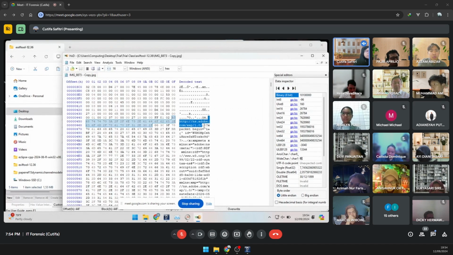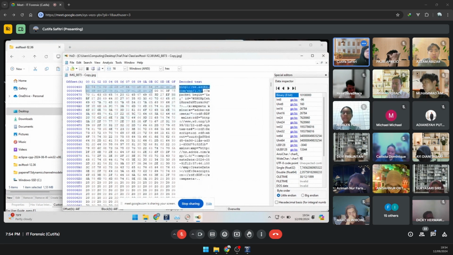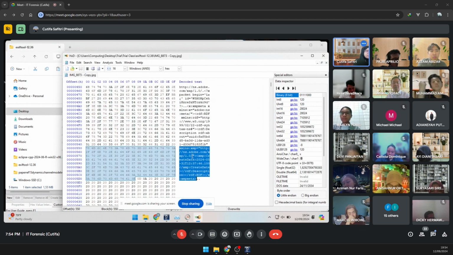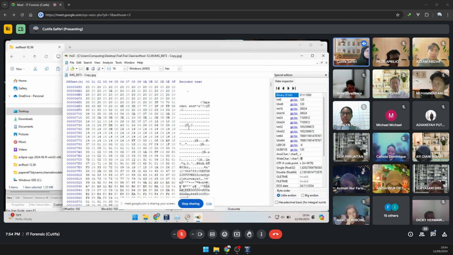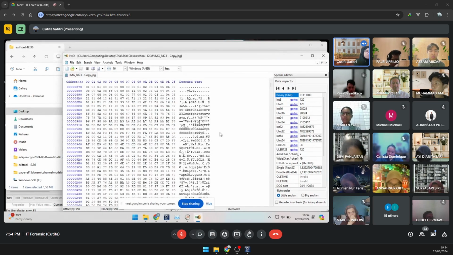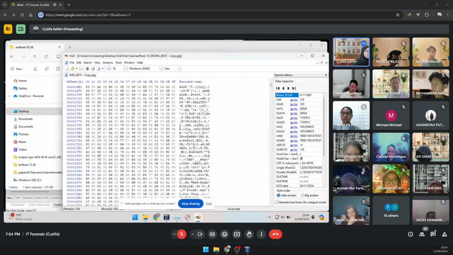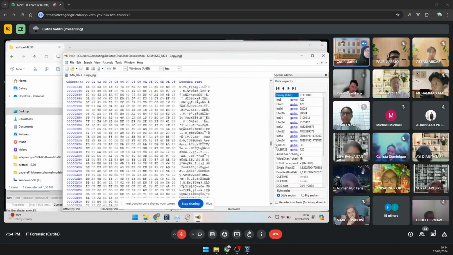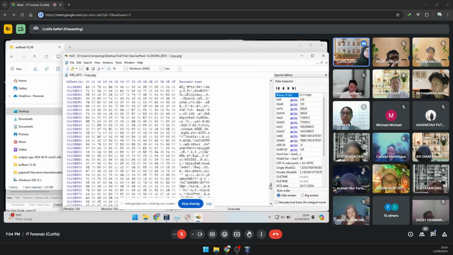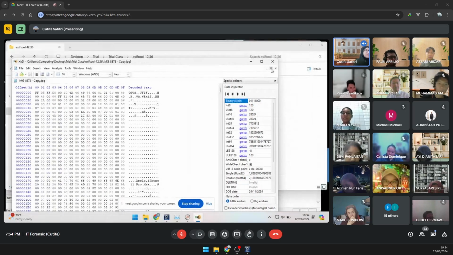But the information in here shows it is Adobe. Here, you can make a comparison with the original. So arguably, this image editing and processing was done.